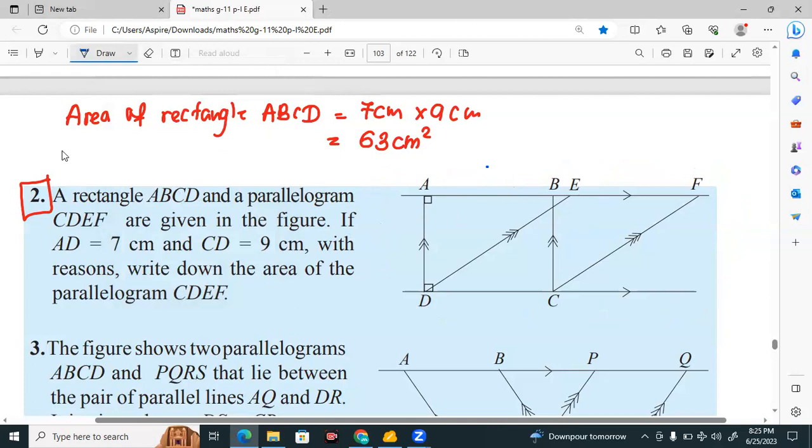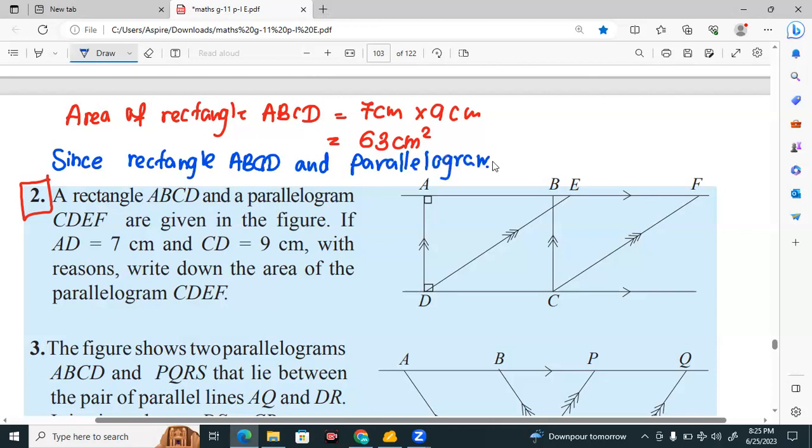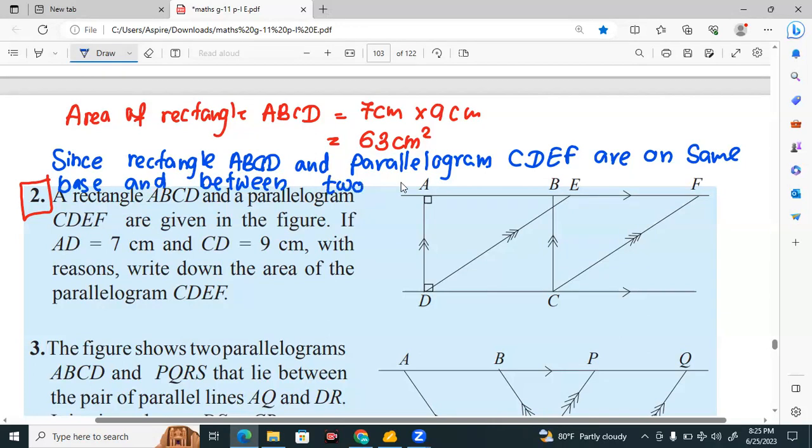We can say that since rectangle ABCD and parallelogram CDEF are on the same base and between two parallel lines,